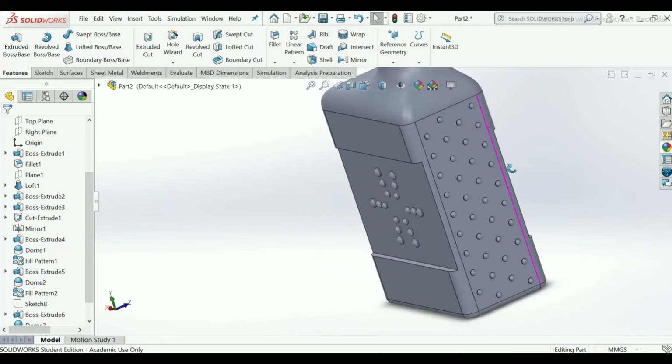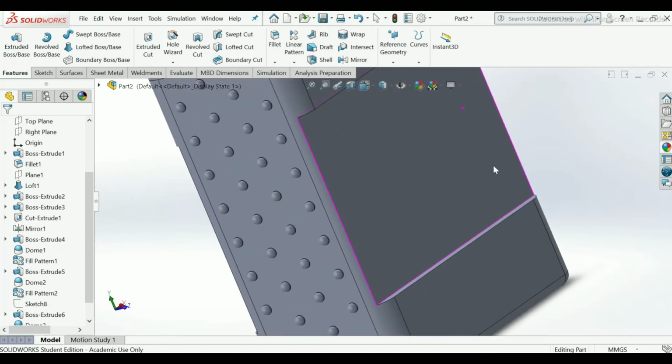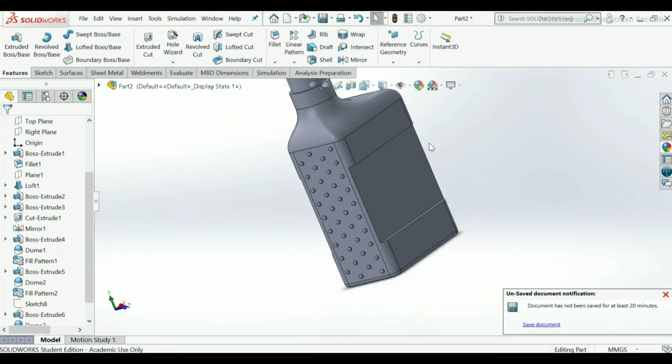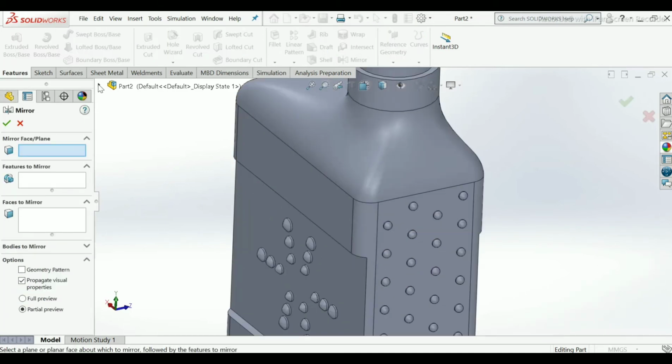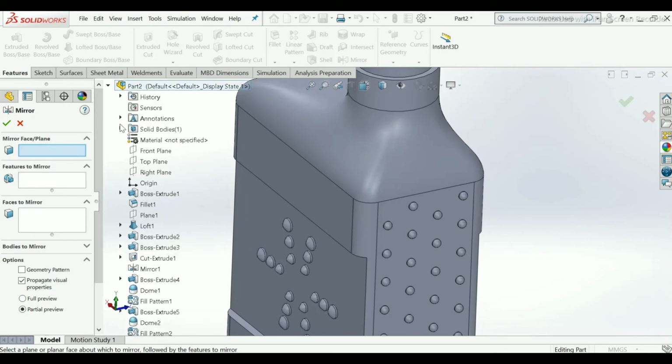Now here we have to make another one. For this I will choose mirror, select plane to mirror it.